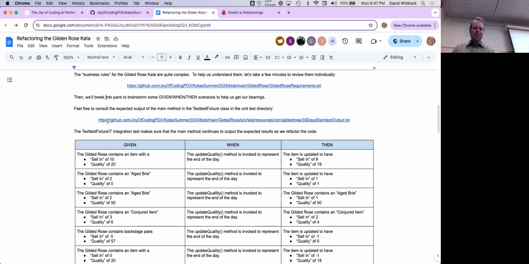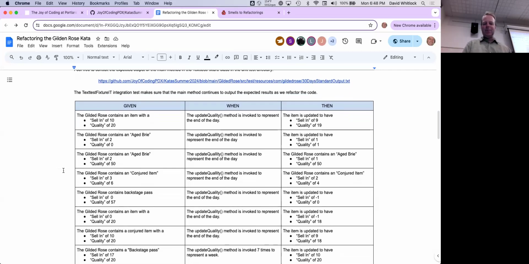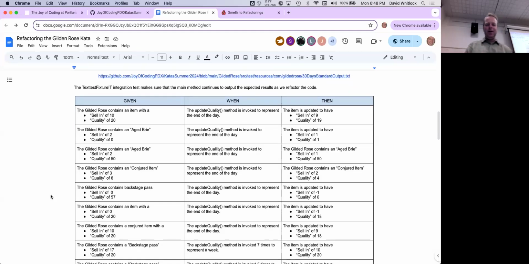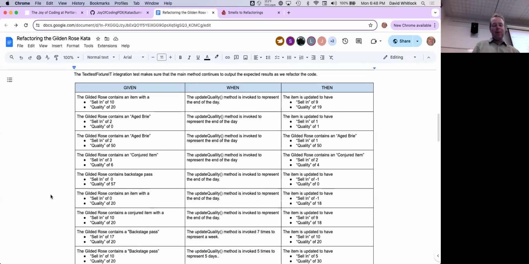Okay, interesting. When I did this last time, we had a little more time to do it during class, and I had the students understand the requirements and brainstorm the given-when-then scenarios to help us understand these various kinds of items. But since we don't have as much time to explore the requirements, I just left the stuff from last time. So these are the kinds of tests that we'll need to implement to make sure we're expressing those requirements appropriately.